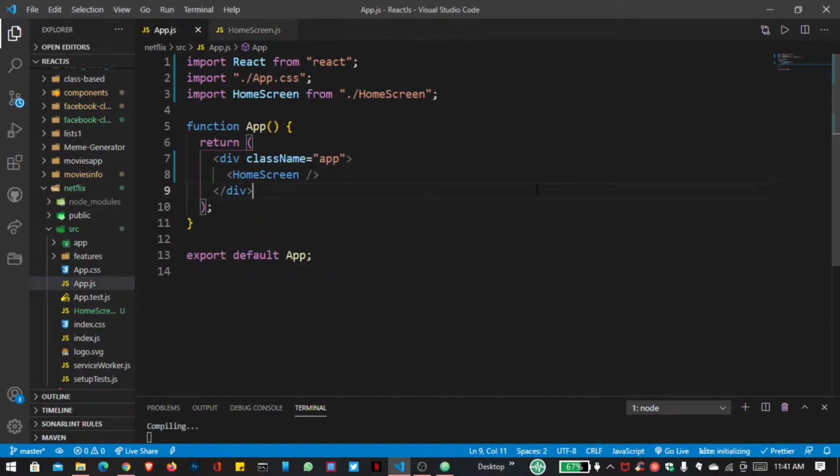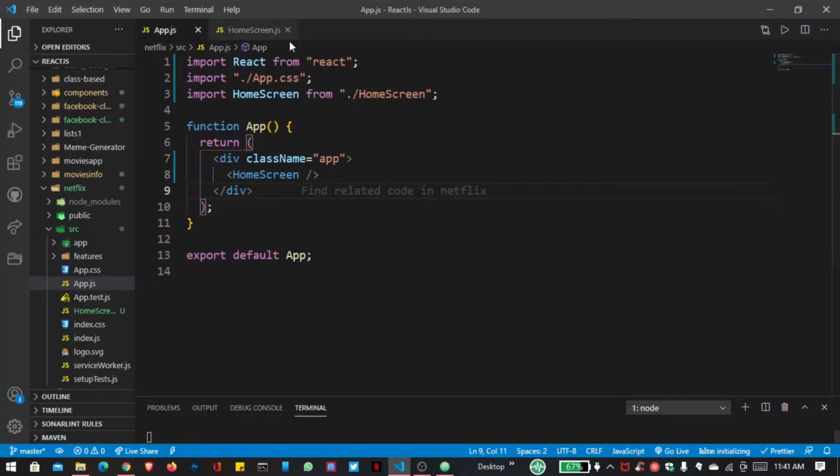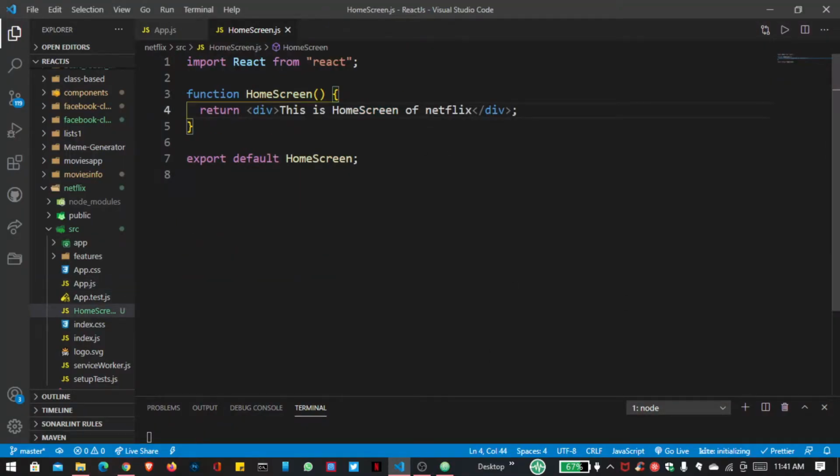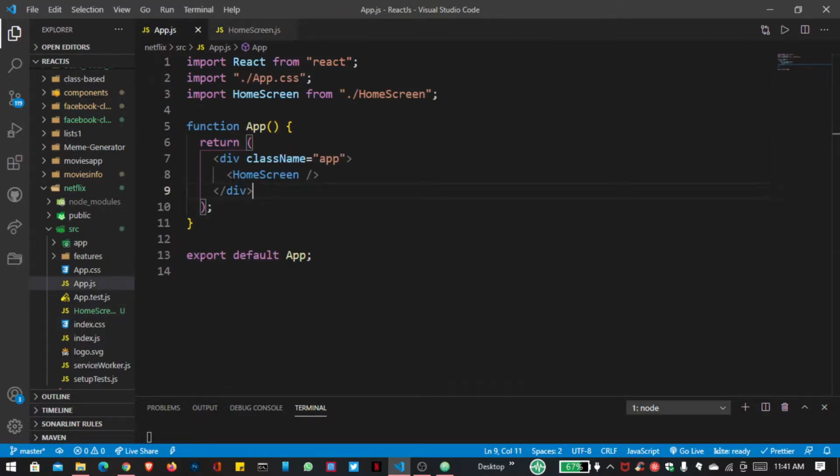Also we have to save our App.js and go inside your browser. You can see here, this is the home screen of Netflix. That text is showing perfectly because inside our HomeScreen the text is here,